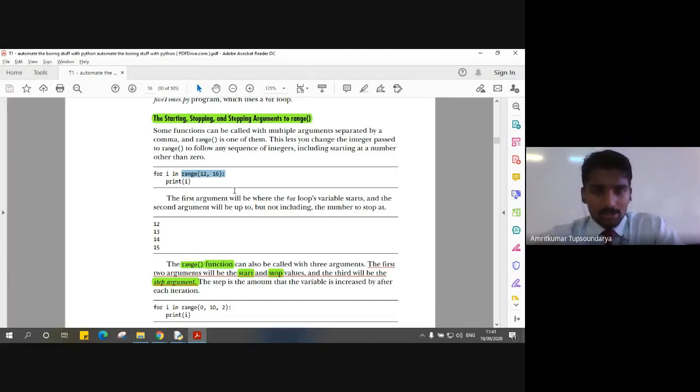So here a simple for loop prints the value of i, and once we reach the value 12, that is, it is within the range, only then we get inside the for loop and print the value of i, and we do this exact repetition until we hit the upper limit, which is 16 here.